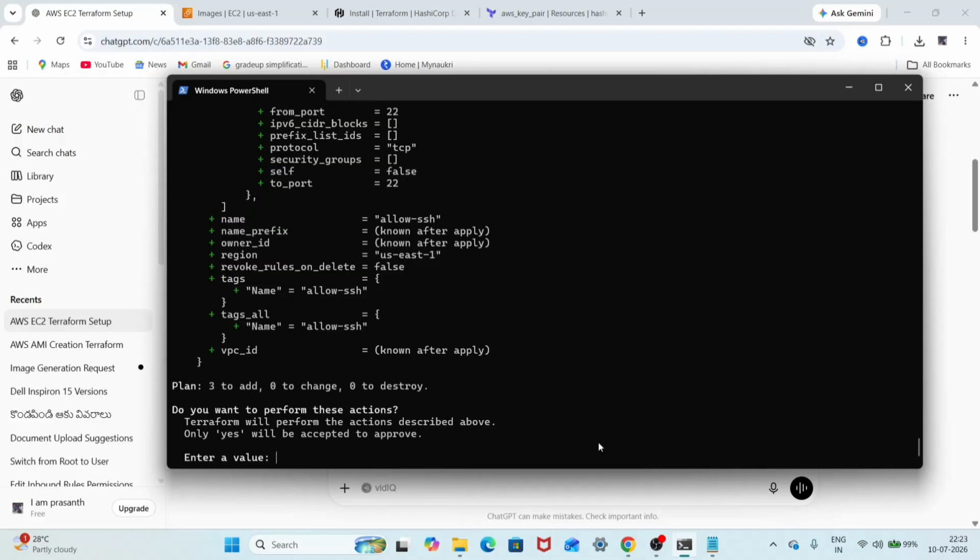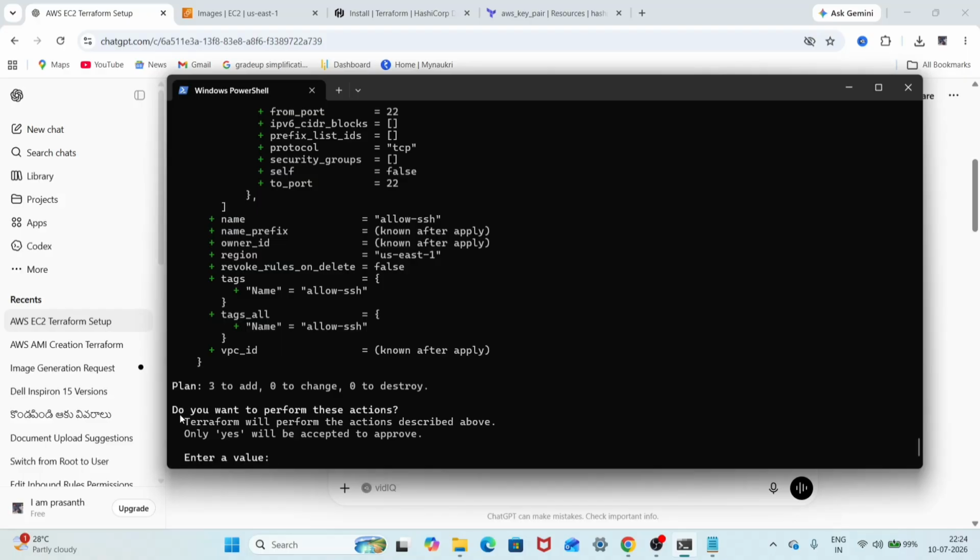Okay, see, if you are familiar with Ubuntu, whenever it asks yes or no, we will press Y. But in case of Terraform, you just see here